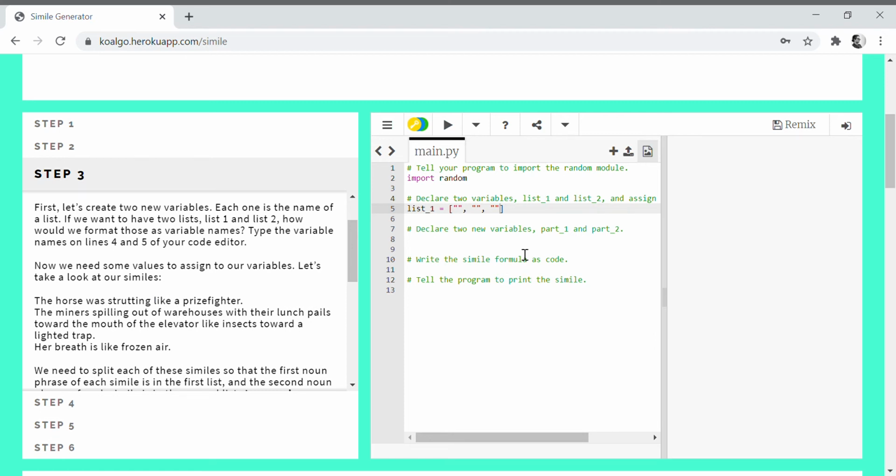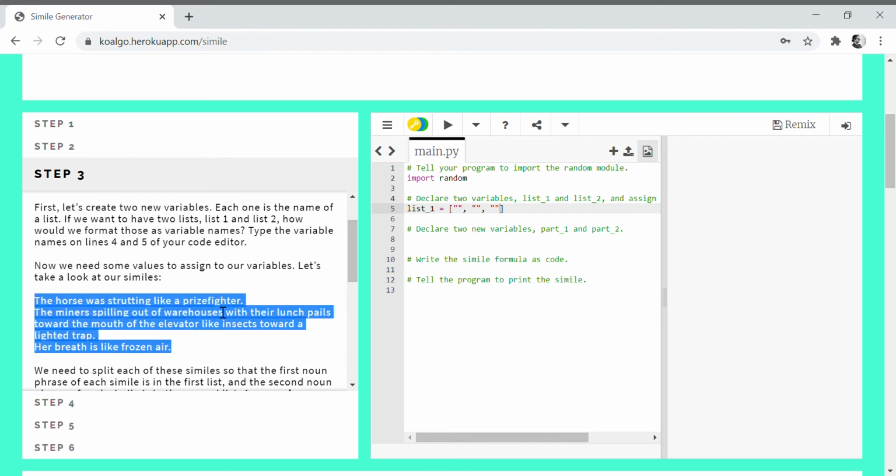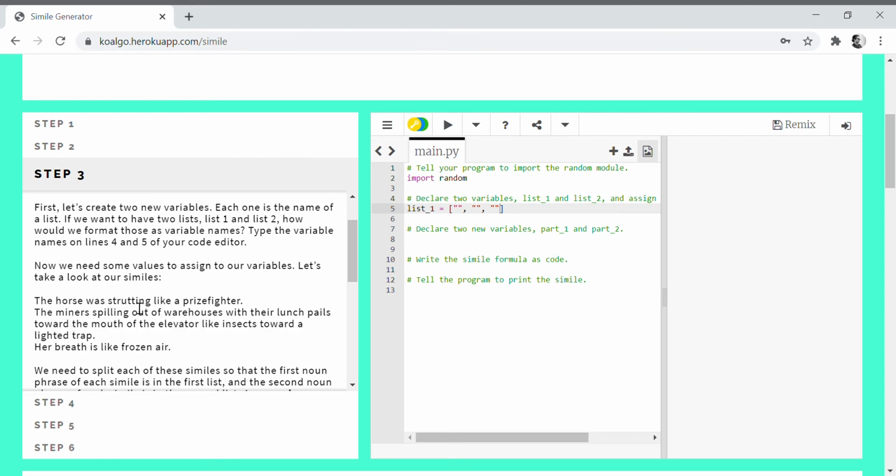So with this project that your students are building, basically what they have to do is they have to split up these similes into the components, and then they're using the Python random module to randomly assign the components together. So you're basically scrambling the similes. When you get your new similes, your scrambled ones, those ones are still going to have the word like in them, but the noun phrases that are on either side of the like are going to be different.